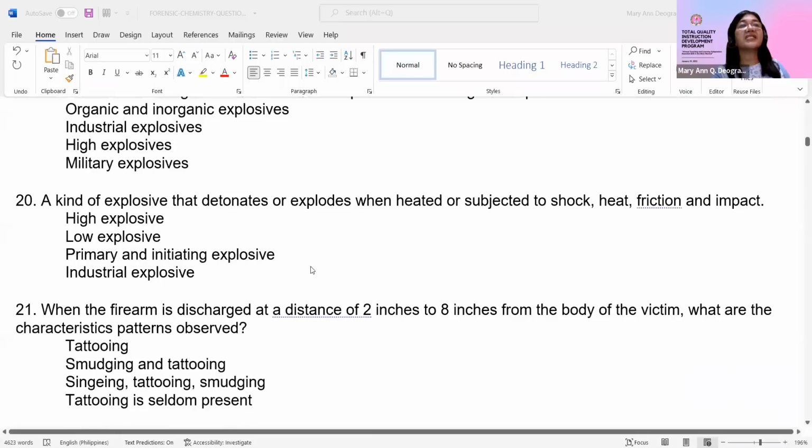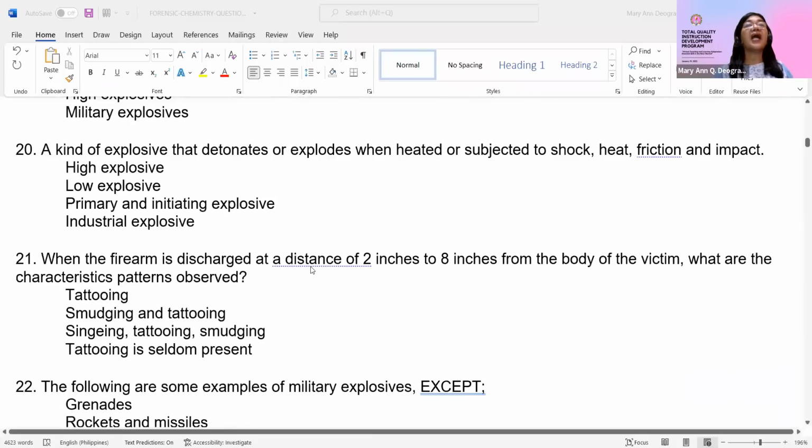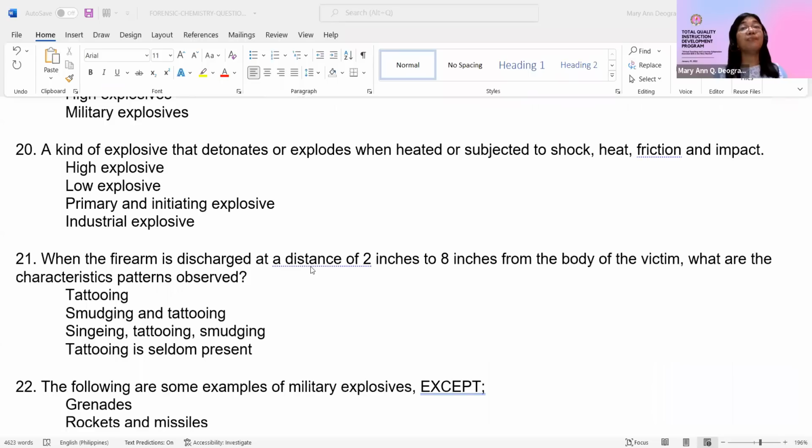Okay, next, number 20, a kind of explosive that detonates or explodes when heated or subjected to shock, heat, friction, and impact. Maalog konti, pero hindi siya nasusunog. When heated or subjected to shock, yun lang yung ano nyo dyan eh. Yun lang yung pinaka-keyword nyo dyan. The answer is,